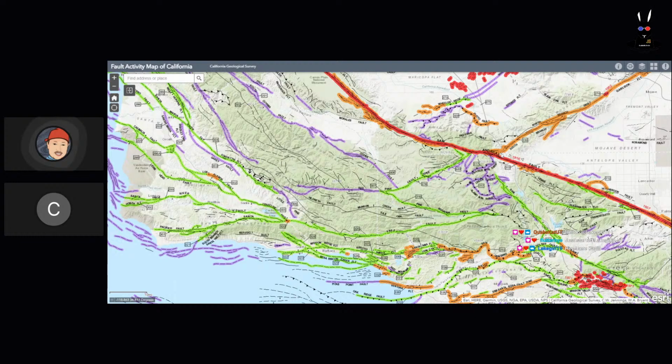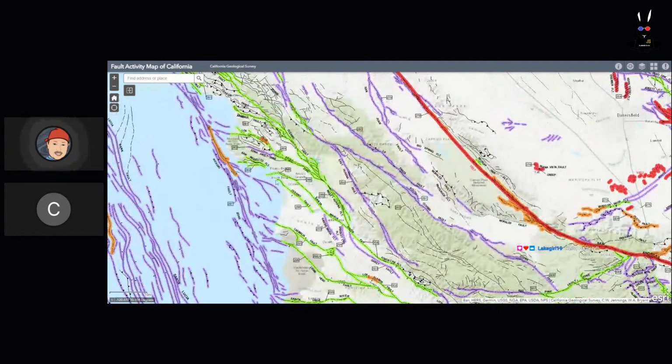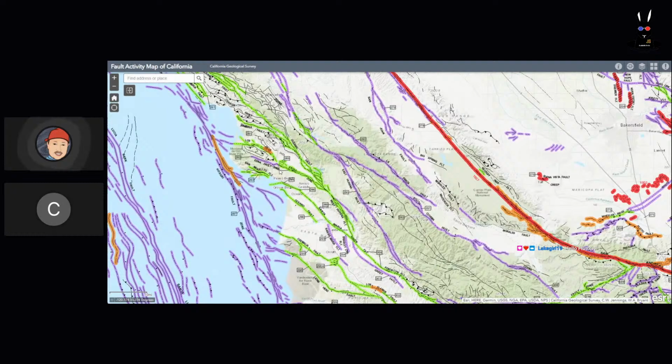Tejon Pass is right here. This is Frazier Mountain, it's all this purple. There's a fault zone right here. It's called Big Pine Fault System that comes out and turns north. We've got the Lion's Head Fault, the Casmalia Fault, Los Alamos Fault down here, the Santa Maria Fault Zone, and the Edna Fault Zone, and the east Huasna